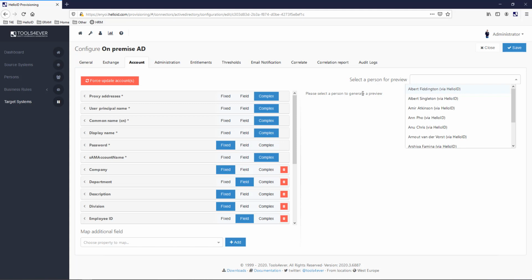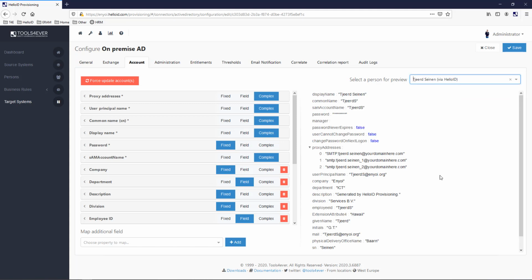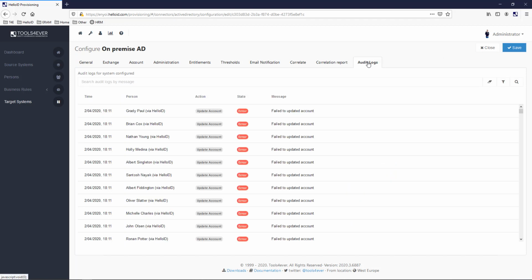Accounts. Select shared. Select myself. And here you can see that the extension attribute now is being set. And I think I already did an update as well. And it's going wrong because I don't have an extended attribute in my Active Directory. So that's why it's failing to update the account. Actually, bad example, but you can see that it works trying to update an attribute that does not exist in